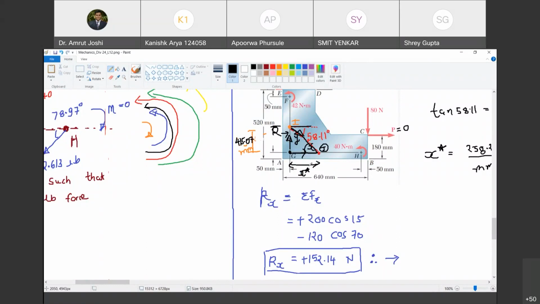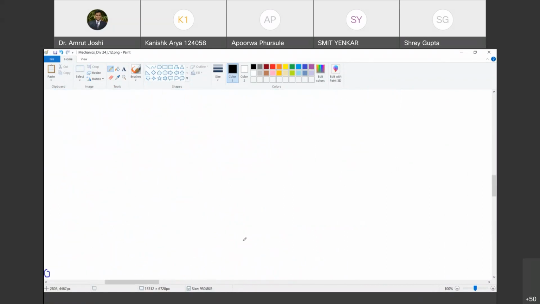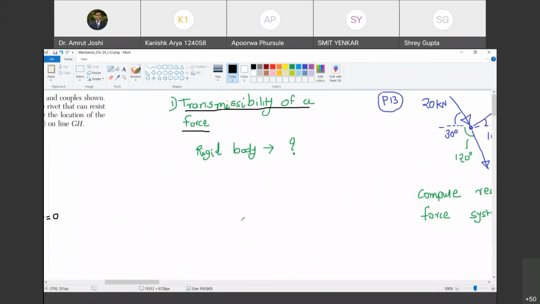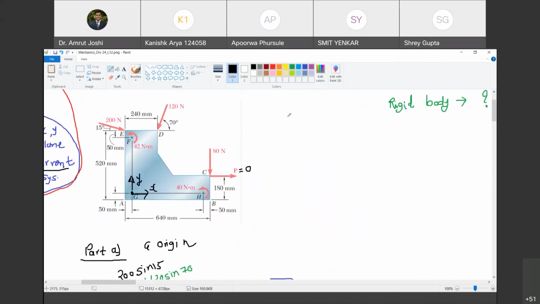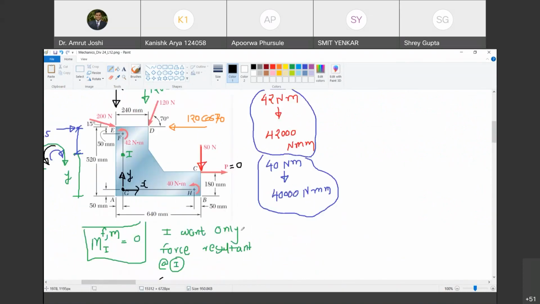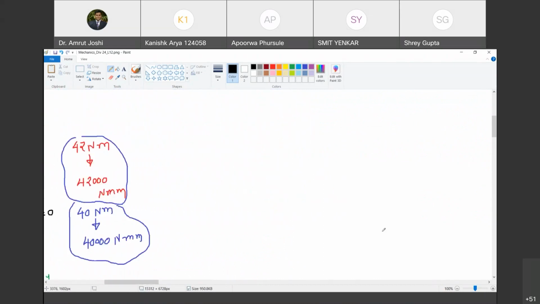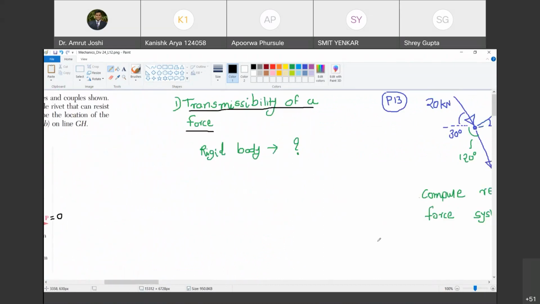And therefore forces are called sliding vectors. Why do we call them sliding vectors? Because you can slide them along their line of action without changing their effect on any point of the body. Are you with me? Yes, sir. So at the end of this class, I will do these calculations with higher precision. Whatever corrections I make, I will mark in a different color and then I will share this board with you. Are you with me? Yes, sir. Hopefully you have understood both the methods. Have you? Yes, sir. Understood, sir.